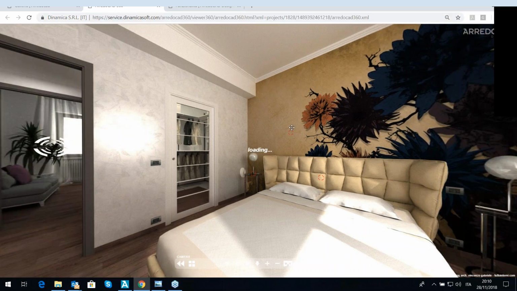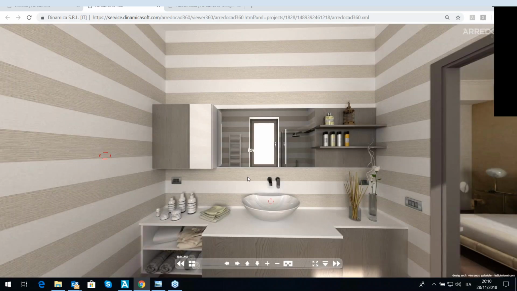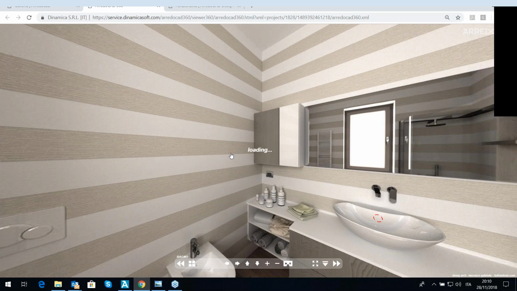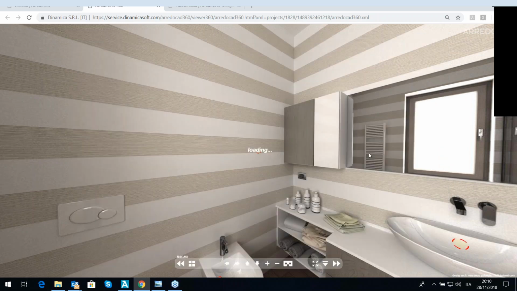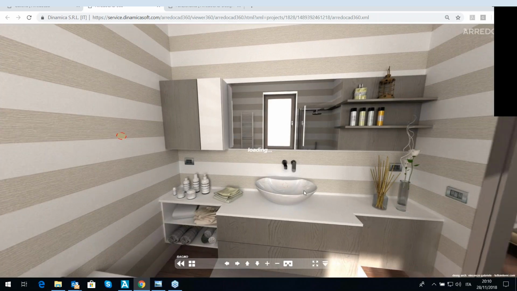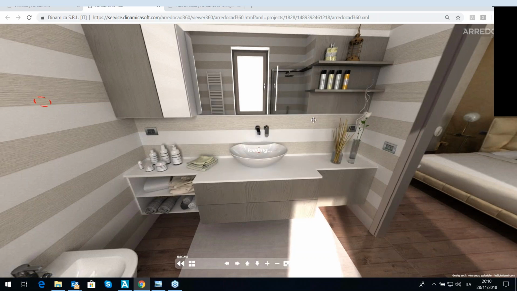You can also insert some information, some pop-up. For example, you can insert some picture. For example, here I have inserted a detail of the covering, and you can do this by yourself very easily. Or, I don't know, here I have inserted a picture from the catalog of this element that I have inserted